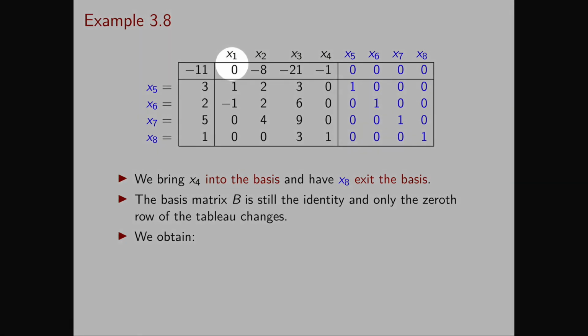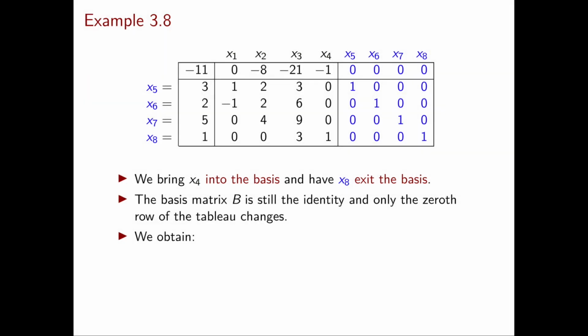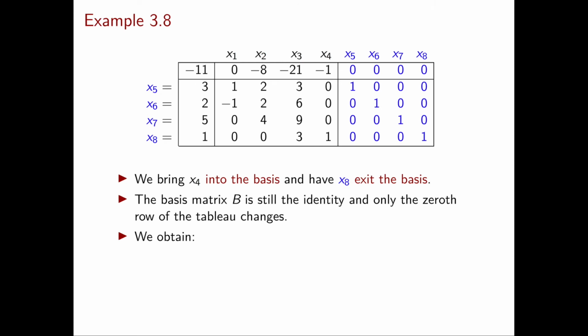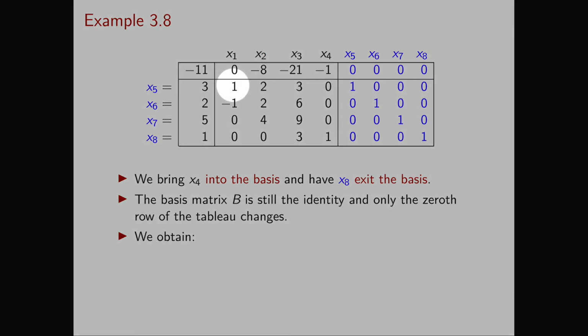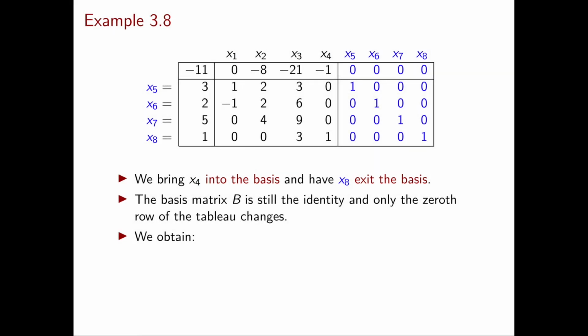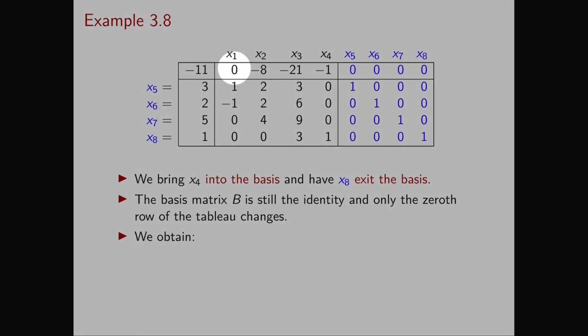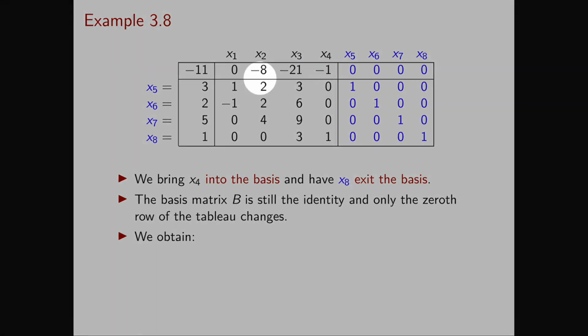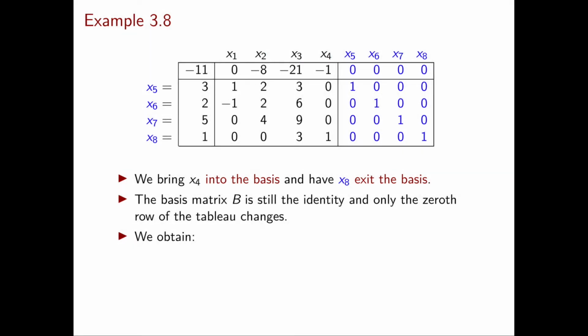And in the columns corresponding to the original variables, we only need to sum the remaining entries in the column and change sign. In the first column, we have a 1 minus 1 plus 0 plus 0. So this is a 0, and the negative of 0 is again 0, and we write it here. In the second column, we have 2 plus 2 plus 4 plus 0. This is 8, and so we write minus 8. And so on and so forth with also the third and fourth column.